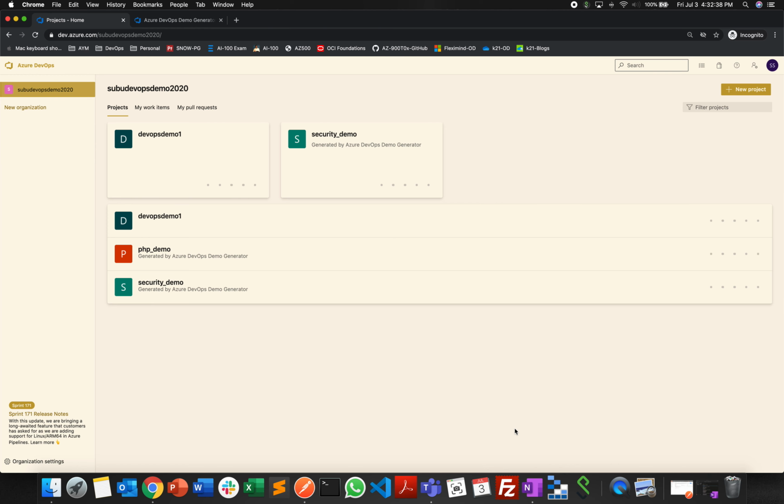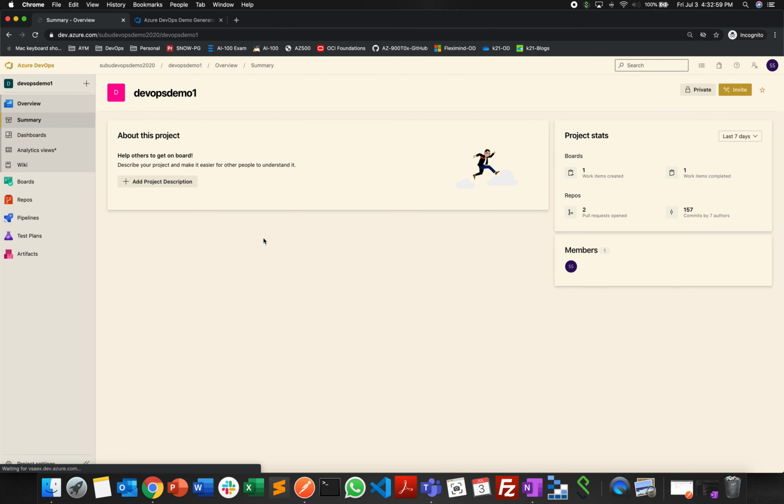So in this lesson, we'll be seeing project settings. In our previous lab, we saw everything about organization settings and the menu options available from an entire organization perspective. Now let us drill down into a project and see more about project settings. Just go into any of your projects, and at the bottom you will see an option called